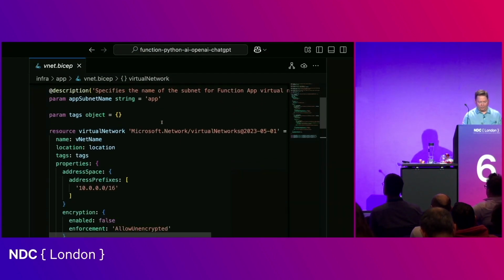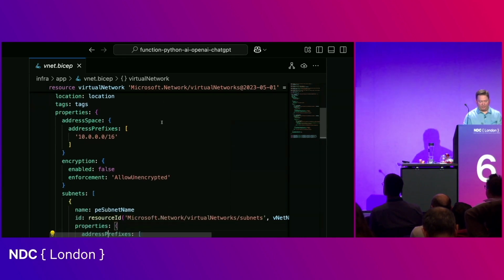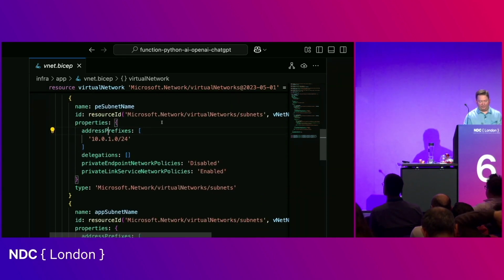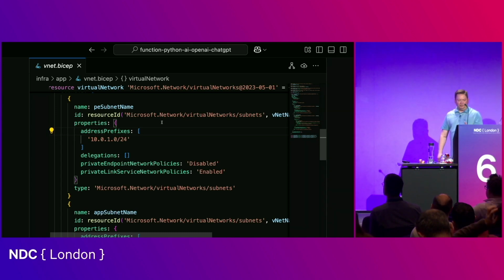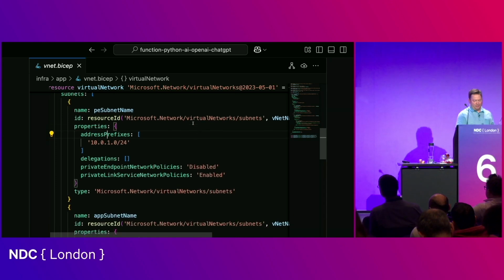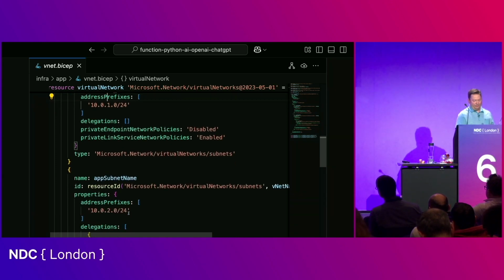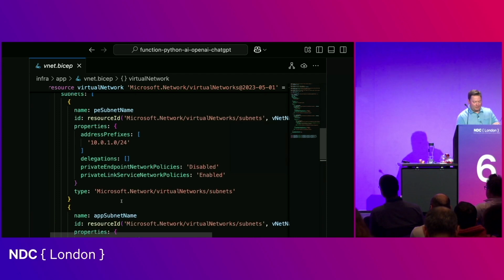Here, we're going to define the virtual network, and we're going to define each of the subnets. As I mentioned, it's critical: the app has its own subnet, and each dependency has its own subnet. So you can see we walk through and say, OK, the app, here's its subnet. It's on the 2 dot subnet. And by the way, for every function, we've done the math to make sure you have enough IPs per subnet and you don't run out. We used to hit some limits, but we've done some work to make sure you won't run out.